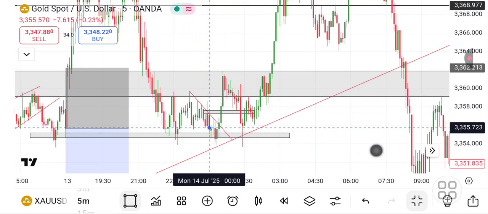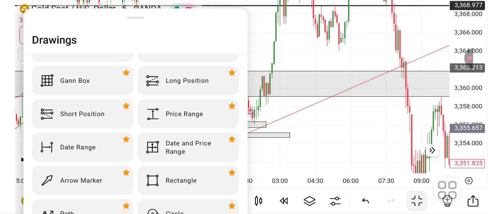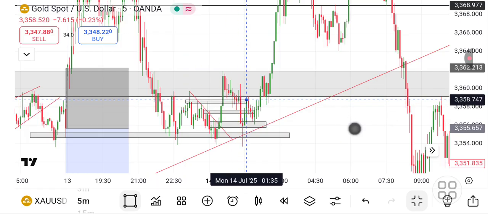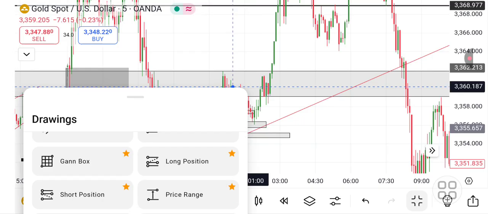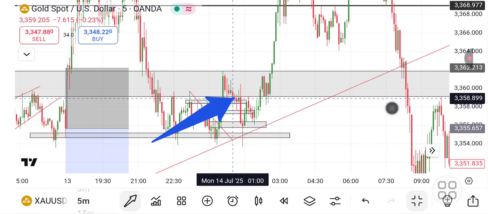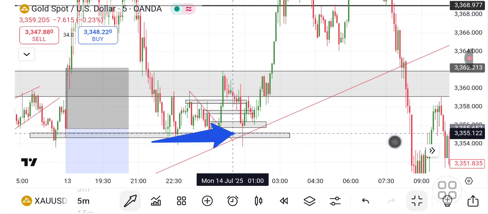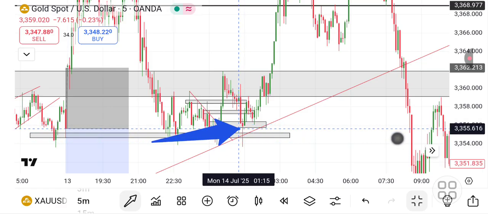Then I had this zone. Also, I had this zone. So I wanted price to come back to any of the three zones, giving me confirmation candles. Then I took a buy. First zone, price just broke through it. Second zone, price went through it. Then I waited for the third zone, and price passed through it, then rejected, giving me a morning